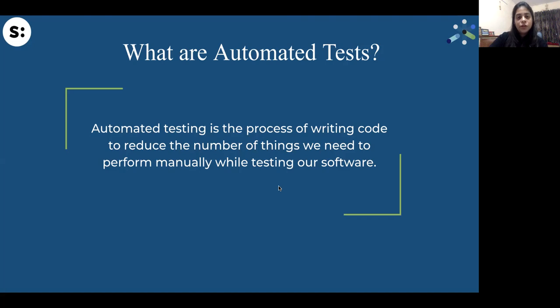With time our code base keeps growing and getting more complex. These automated tests make sure that your existing functionalities do not break with any new functionality that is introduced into your application. Hence these automated tests are really important.